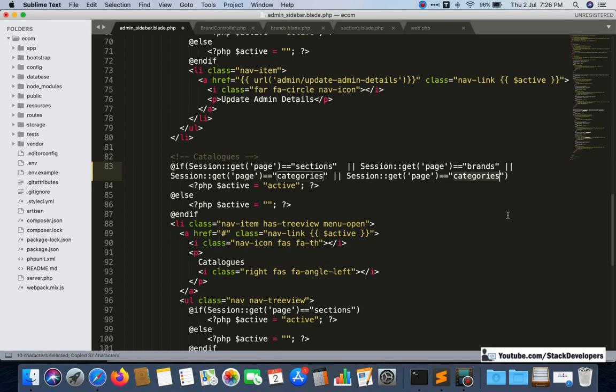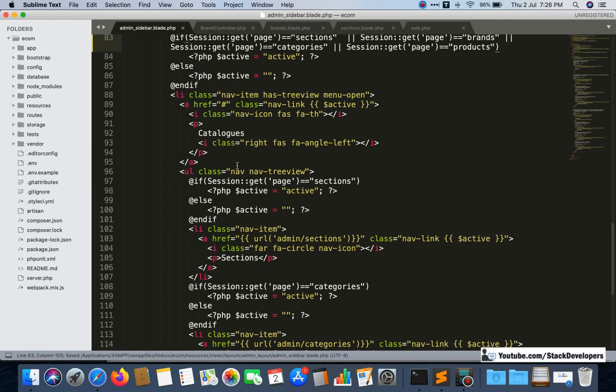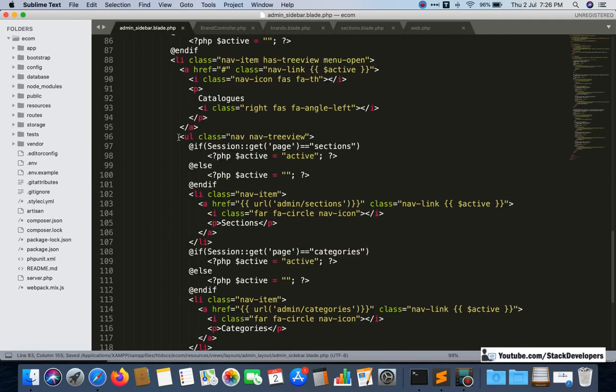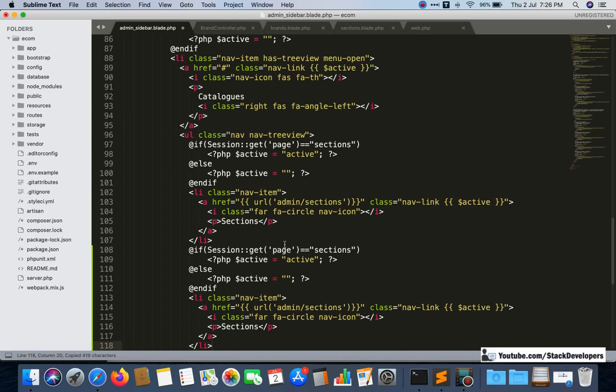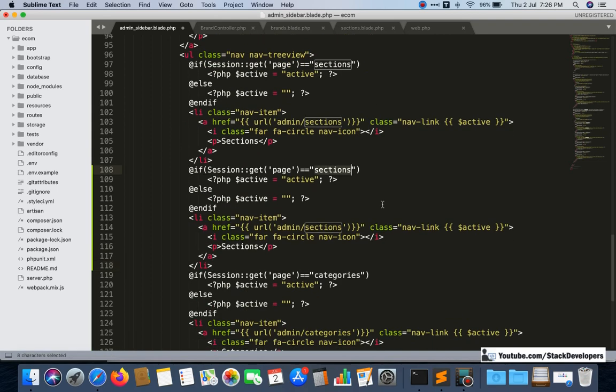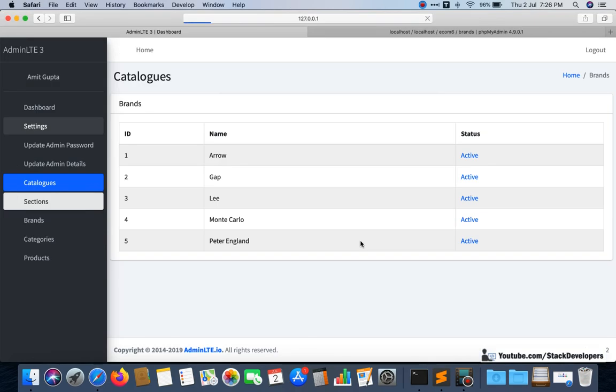This one is for products, so that the catalog will open, and inside catalog in the same way brands, and here it will come again brands. Let's see. Okay, now done.